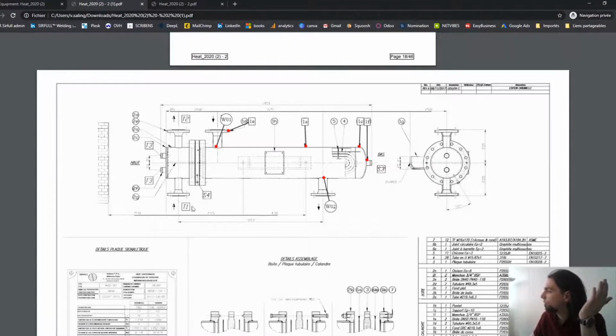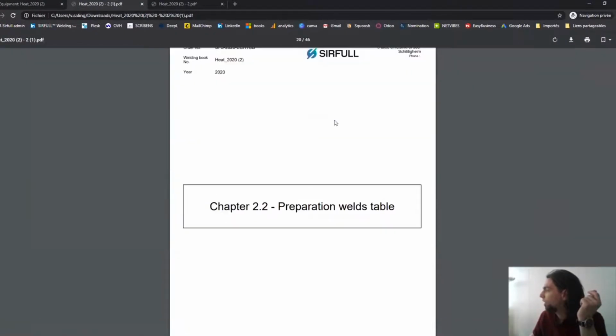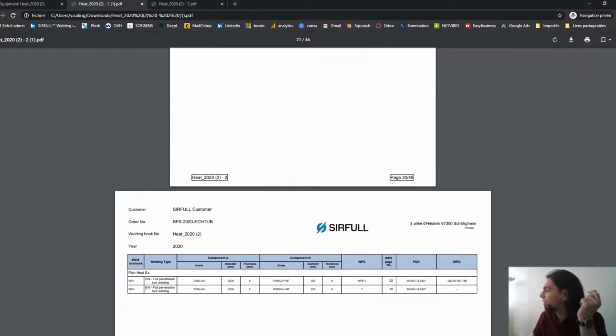This is the old way to do it, in the drawing software. And the new way is to put the ID coming from Sirfull, and this mark is displayed here, and the traceability is complete because you can